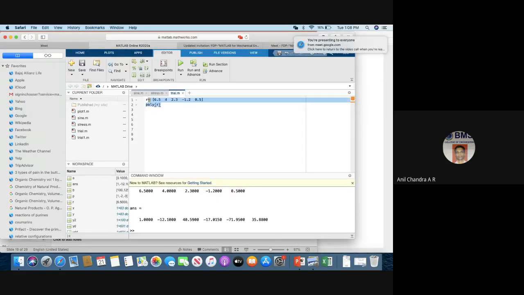P1 is 0, 1, 2, 3, 4, 5, 6, x power 6. P2 is 0, 1, 2, 3. But if I write just that and do away with this, what will happen? We will try both. I think you should also try.